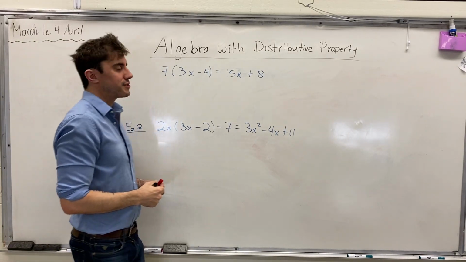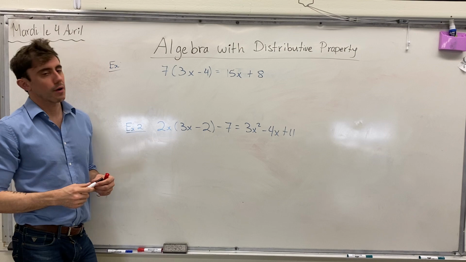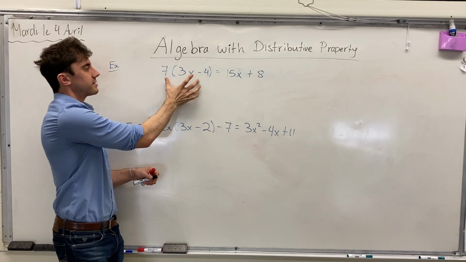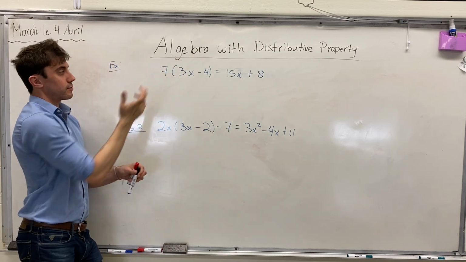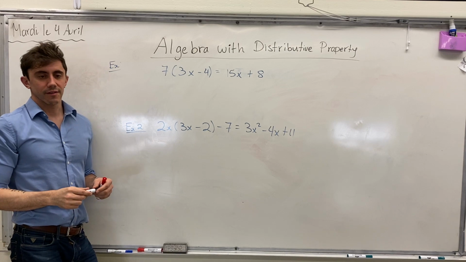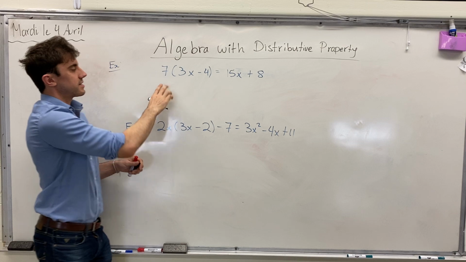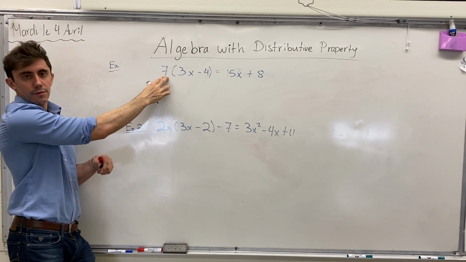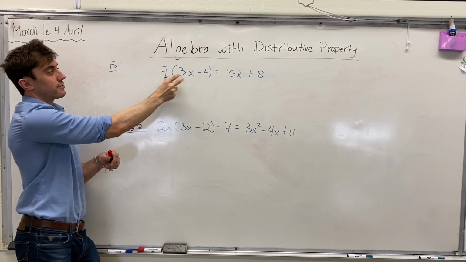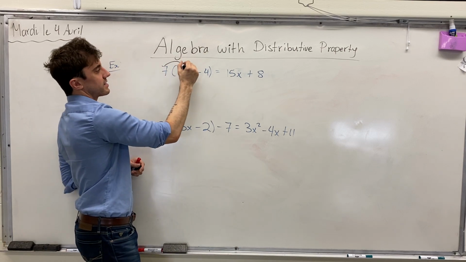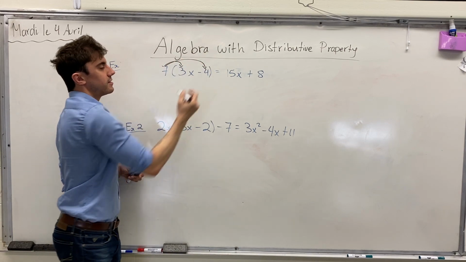Hey guys, today we're going to do a video on algebra with the distributive property. And all that means is, remember, we have a bracket and some polynomial or some constant term in front of it, okay? So I'll just remind you that the distributive property simply says that whenever we have a polynomial, or in this case just a constant term, in front of a bracket, it multiplies every term inside the bracket individually,